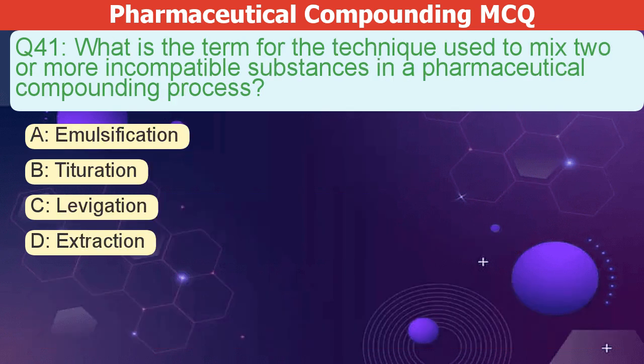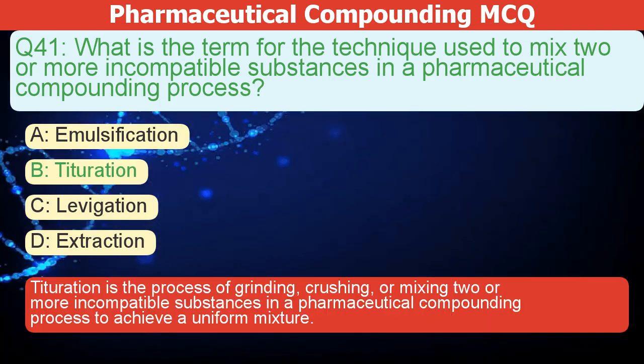What is the term for mixing incompatible substances in pharmaceutical compounding? A. Emulsification. B. Titration. C. Leviation. D. Extraction. The correct answer is B. Titration is the process of grinding, crushing, or mixing two or more incompatible substances in a pharmaceutical compounding process to